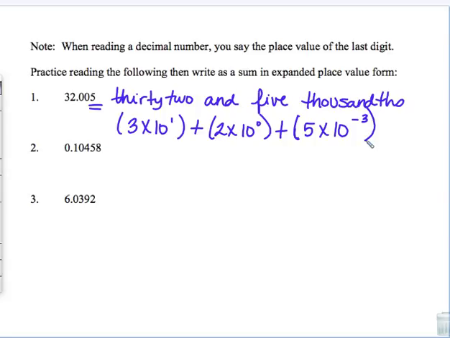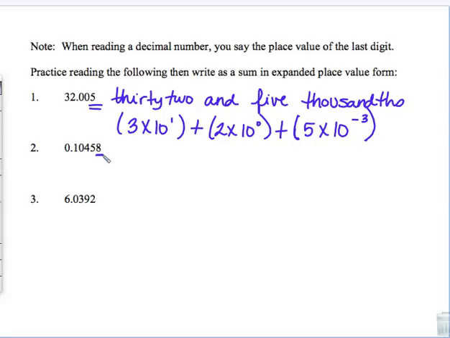On number 2, we're going to name this number by the last digit, so that 8 is going to name it, and you have to decide what place value that's in. So if we count out, that's 1, 2, 3, 4, 5 places after the decimal. So if you look up at your chart above, you can see 5 places after the decimal is the hundred thousandths place. And so when we say this, we actually say